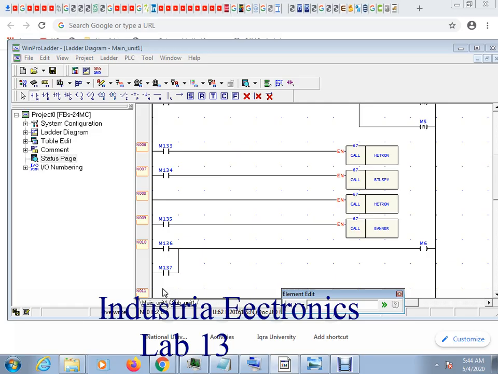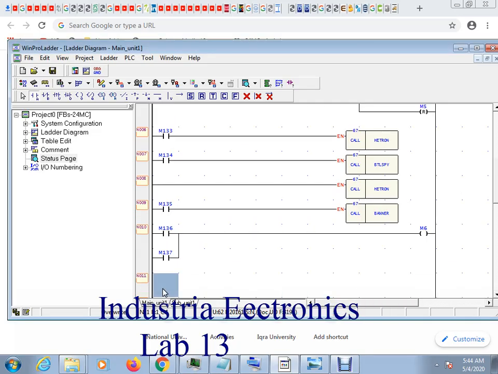So we have to use M7. M7 is for the on off purpose, and for the selection we are using M6. M6 is used as a selection,